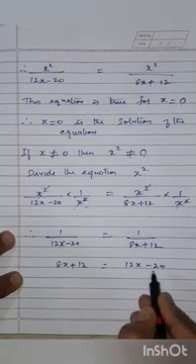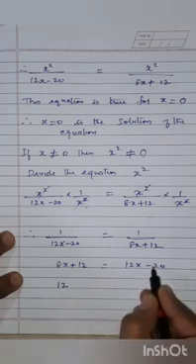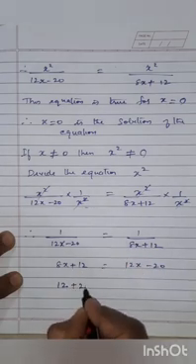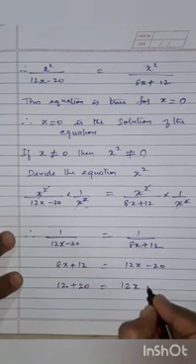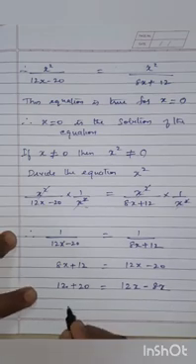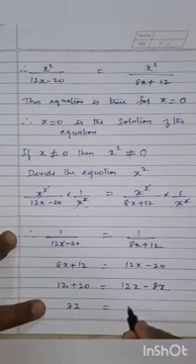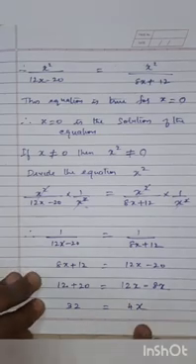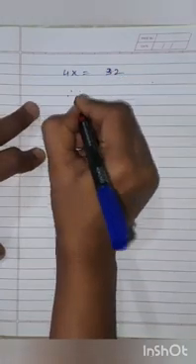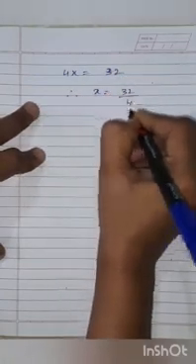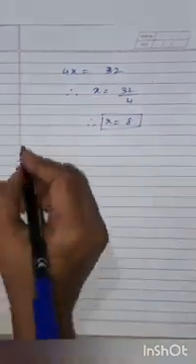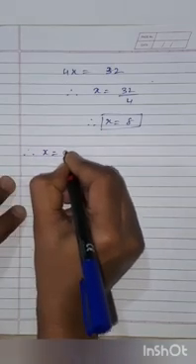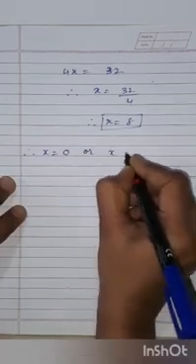Okay, so now what we have to do? So here we have already plus 12. So we will take this minus 20 to this side. So we will get here plus 20 is equals to, and here we have 12x this side, and we will shift this minus 8x to the other side. So it will become minus 8x. So here it will become 32 is equals to 4x. 12x minus 8x is 4x. So here we get 4x is equals to 32. Therefore, x is equals to 32 upon 4. Therefore, x is equals to what? 8.